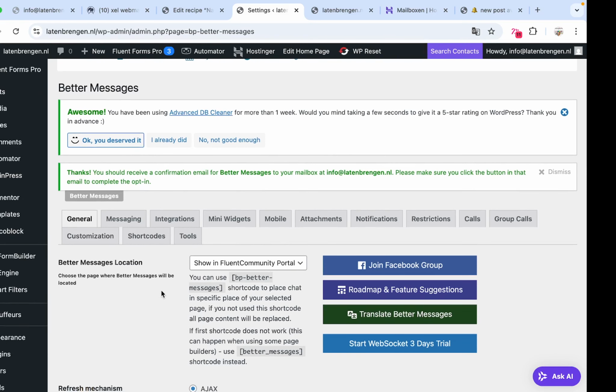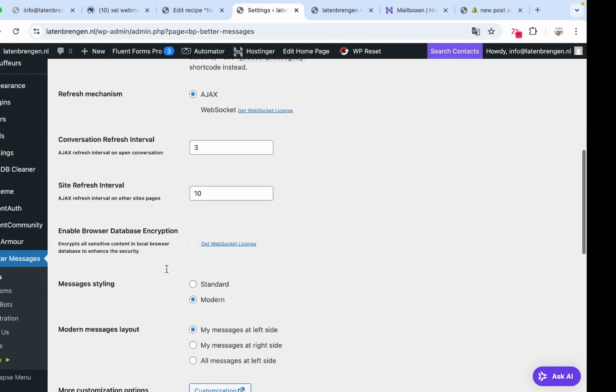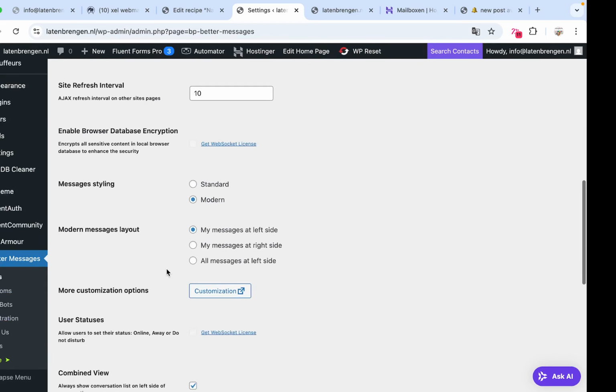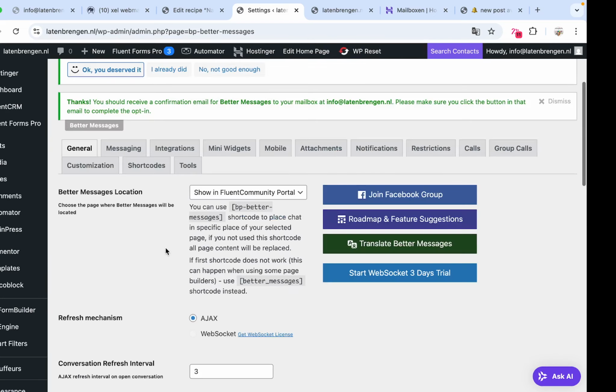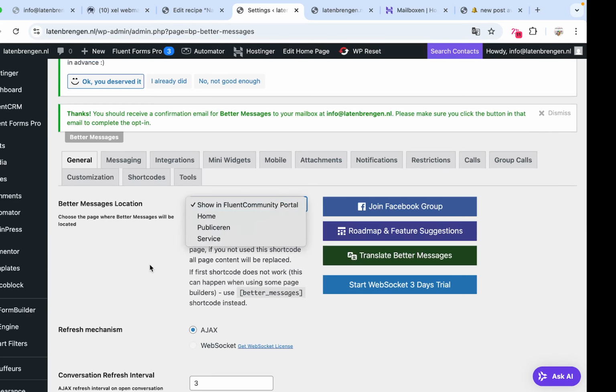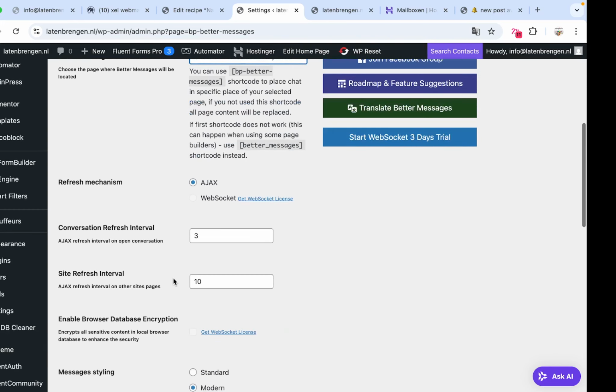If you have the paid version, there are a lot more options. They also have in beta version a mobile app for iOS. If you want that, I think that's very expensive, but that is my opinion. And they've got web sockets, so they run it on their own server. You can figure it out by yourself, but as you can see, there is an integration with the FluentCommunity portal. So the only thing that you have to do is copy the shortcodes,